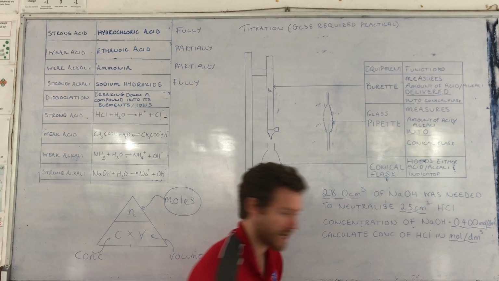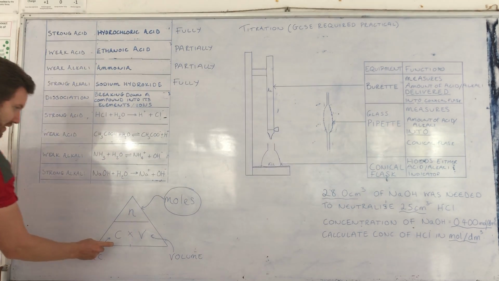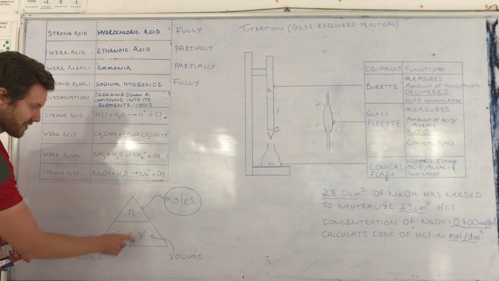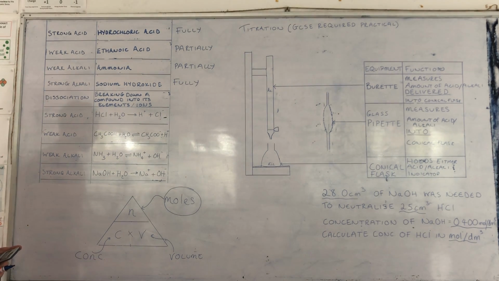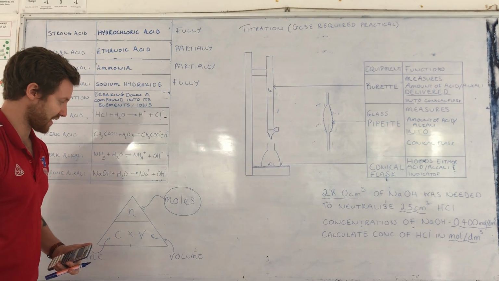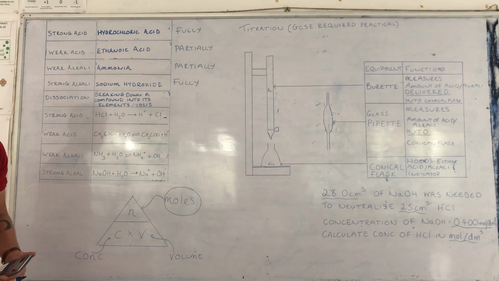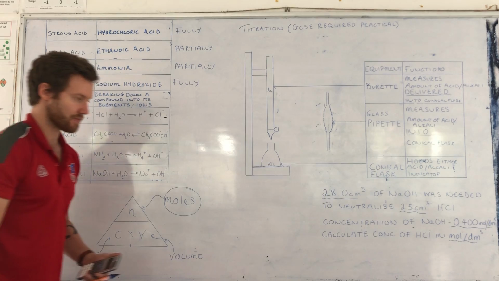Let's have a look at the triangle behind me there. Calculate the concentration of hydrochloric acid. So we need to get to a situation where we're doing moles divided by our volume. And let's go back to what we were saying before. If in doubt, calculate the number of moles. Okay, so